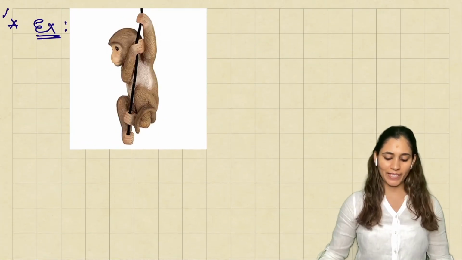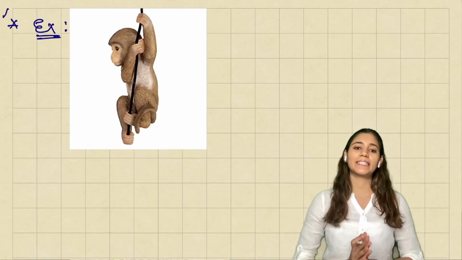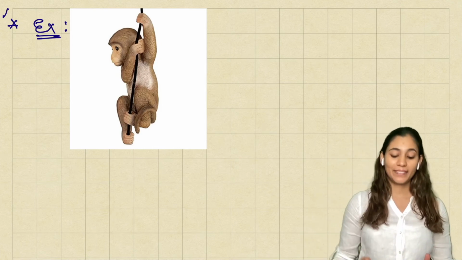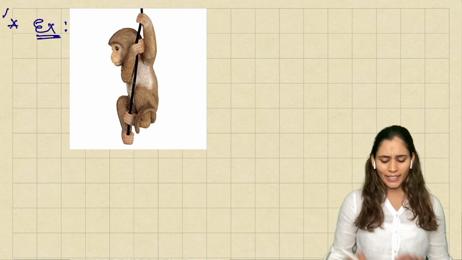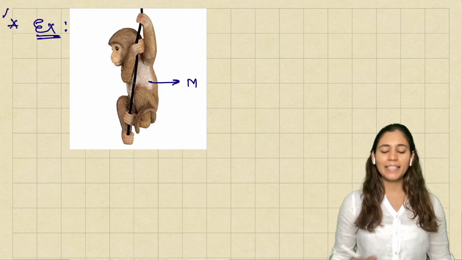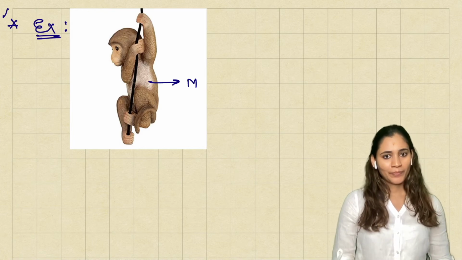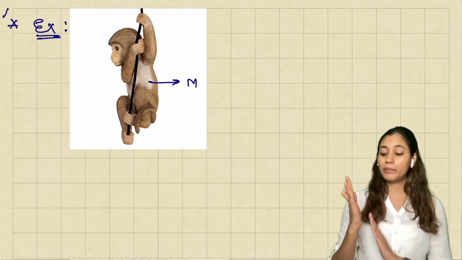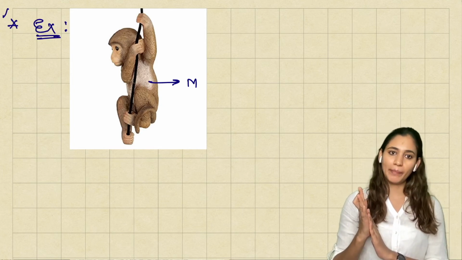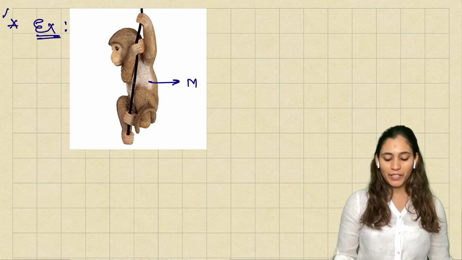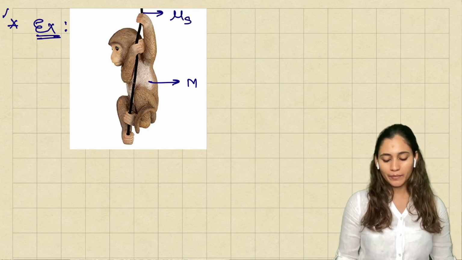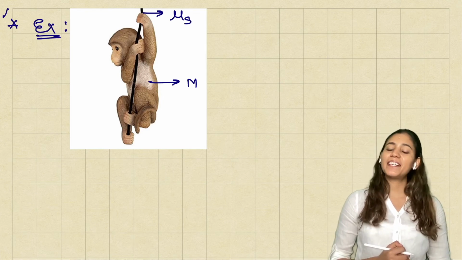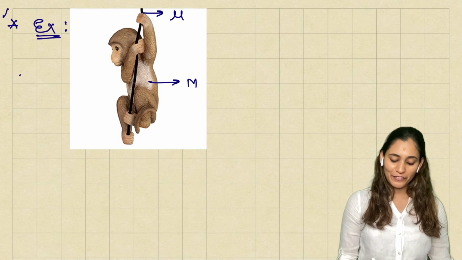Now here we have that example. If the monkey is climbing up with the help of a rope, let us consider that m is the mass of the monkey and the coefficient of friction acting between the palm of the monkey and the surface of the rope is mu s. So if we have to find out what the frictional force will be,